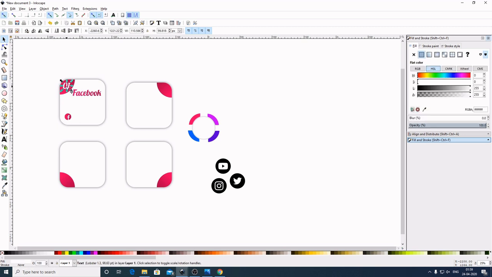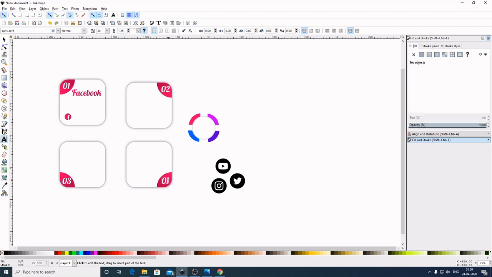Now select this one, make a duplicate of this, right click, duplicate, place this one here, right click, duplicate, place this to this one, right click, duplicate, now place this here. Now select this, create an edit text object, backspace to delete. Now change the value, give it a value 3. Now select this one, backspace, change the value to 2. Now select this one, backspace, change the value.